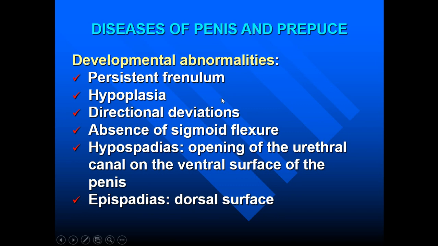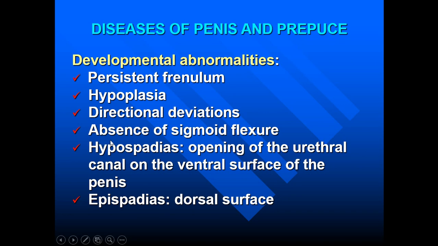I will explain about this later. Hypoplasia means the penis and the prepuce are not well developed. And also directional deviations of the penis, for example, due to abnormalities in the fibrous tissue,